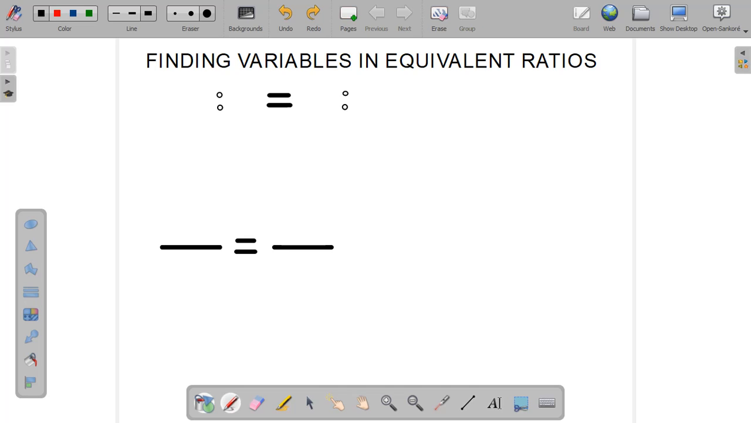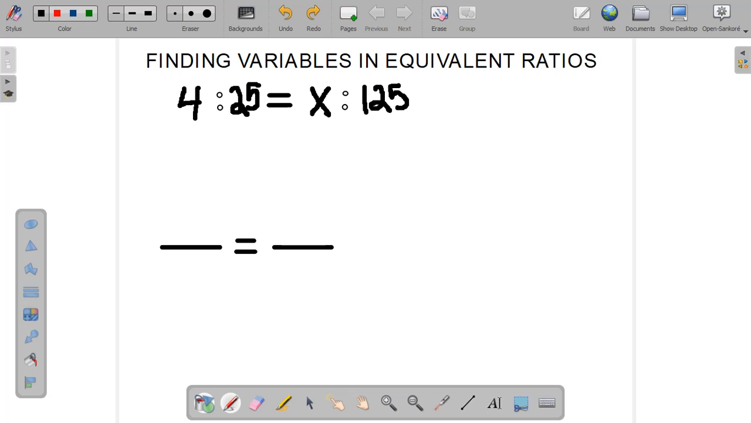Okay. So we are finding variables in equivalent ratios. What does that mean? If we have a ratio of 4 to 25, and we have an x over here, and we have this as 125, we have to try and find out what the variable is. There's only one number that's going to fit in there and be correct. What do we do? Well, the first thing, and I did tell you this, the first thing that you're going to do is